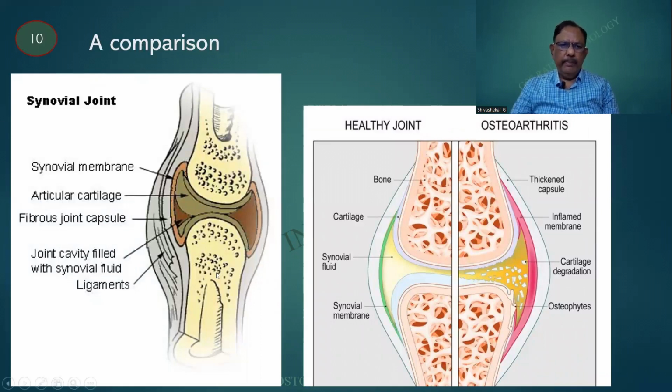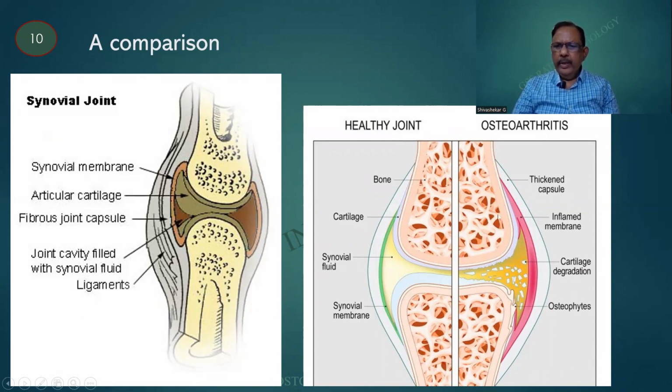So this particular picture is a revision of the same. I would like you people to go through each of the pictures rapidly. I am not going to repeat this one. So also this side. It is supposed to be normal, composed of the bone, the cartilage, the synovial fluid, the